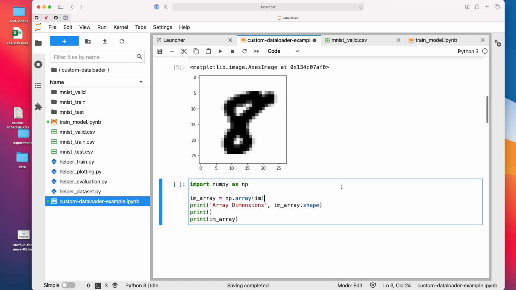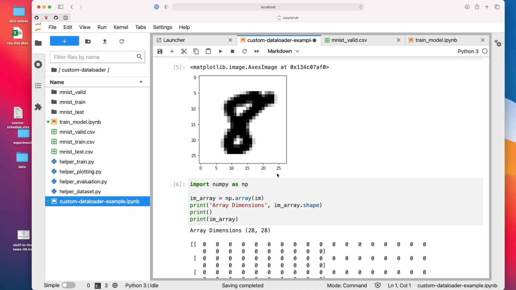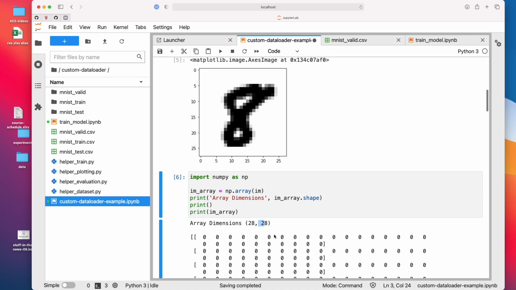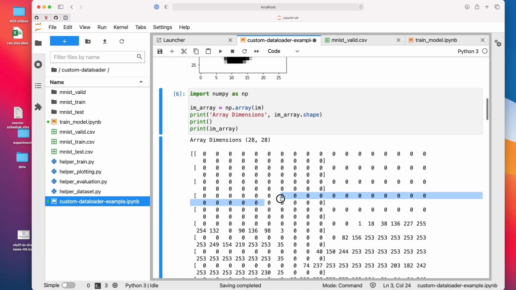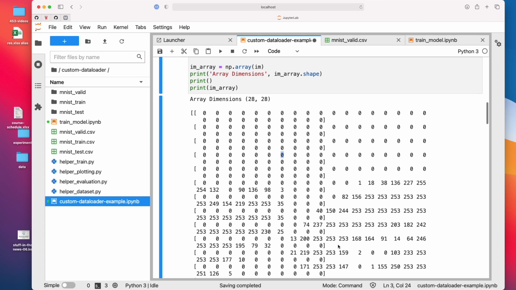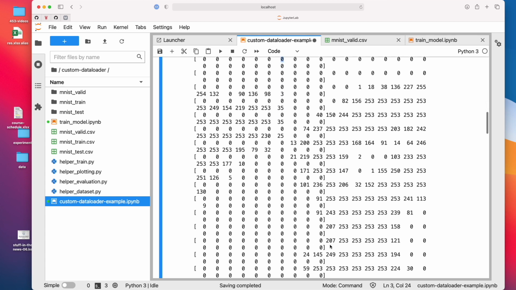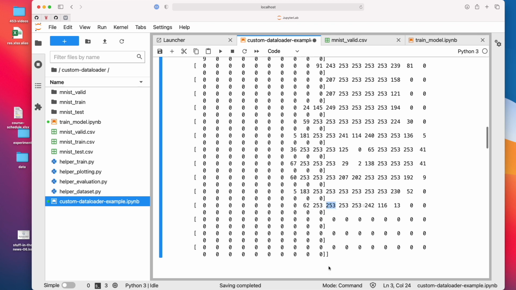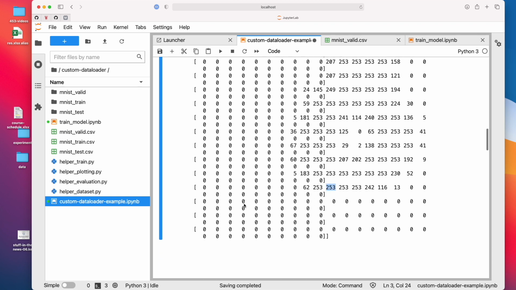Also, I find it helpful to take a look at the image dimensions. Here it's 28 by 28, there is no color channel, and you can see the pixel values are between 0 and 255. It could be 254, I'm not quite sure. Here actually I see the highest one is 253.